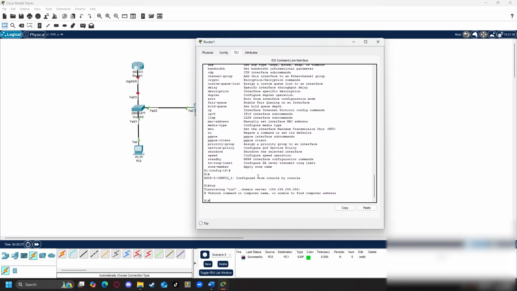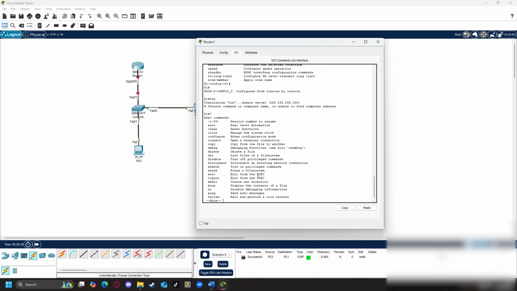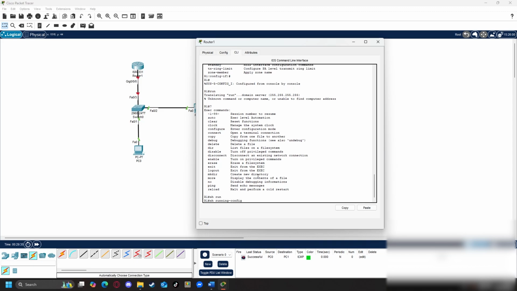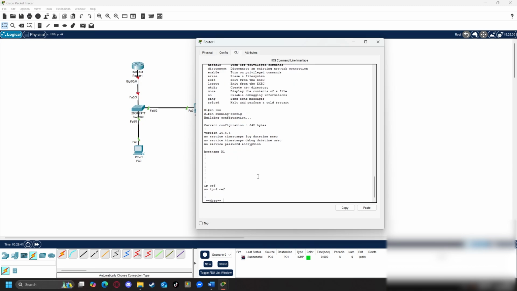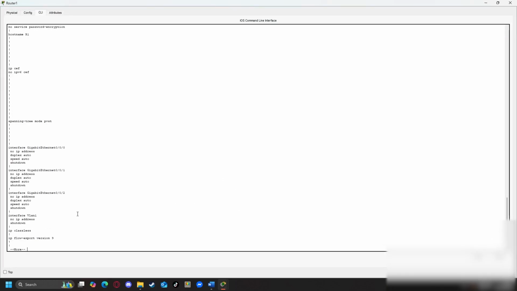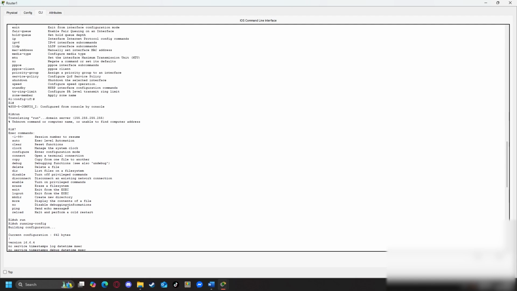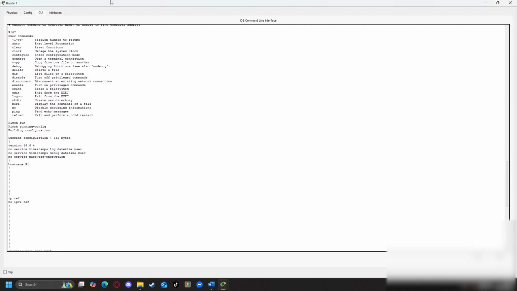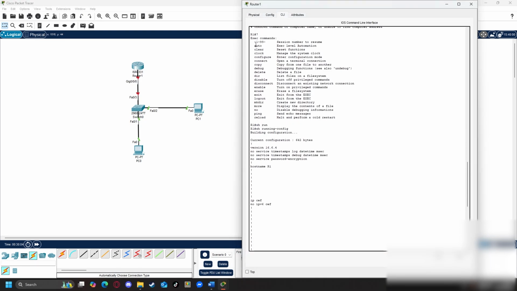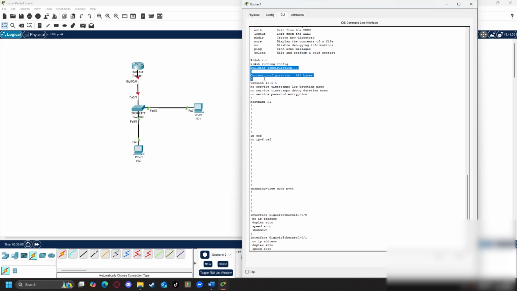Ah, there we go. So we can do what is called, I think it is actually just show run. Yeah, it is. So show run is show running config. And we're going to run this, and this will show the running configuration of the entire router. Now, any Cisco piece of equipment you can run this on, and it will show you basically all the configuration. Now, the configuration, thankfully, is not too complex to understand. And basically, we can see, so from here onwards is the configuration.